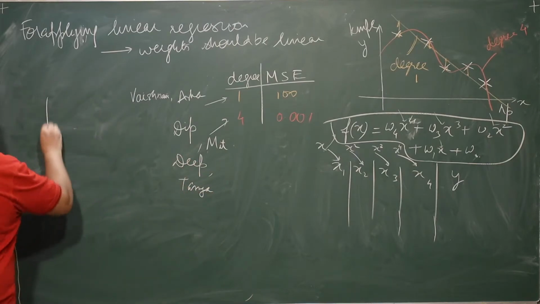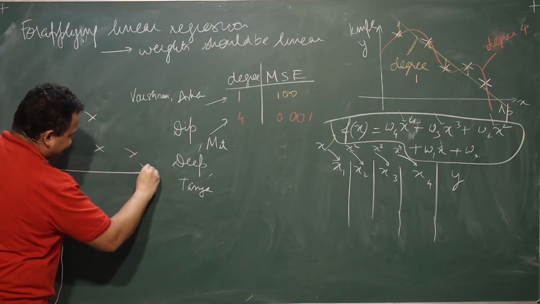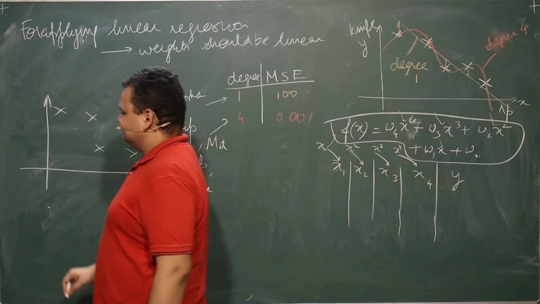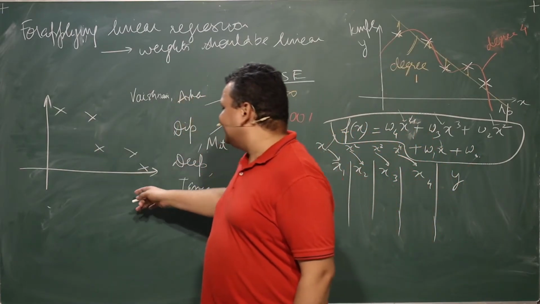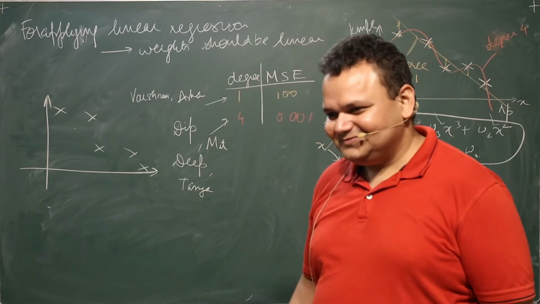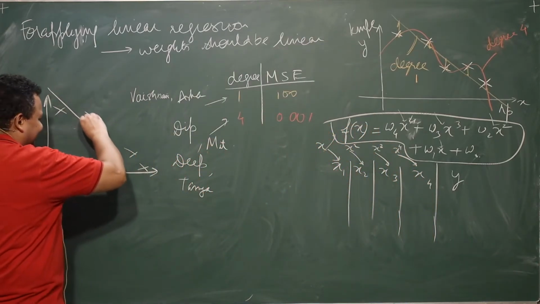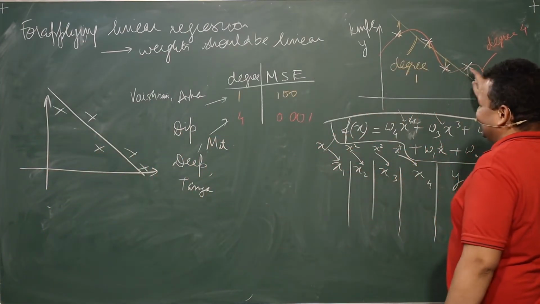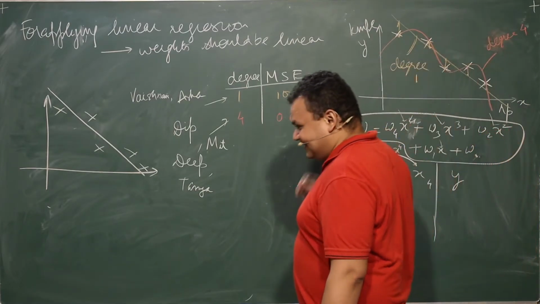Again, let me draw this again. This is how you have some kind of relationship. If you were to try to find a relationship between y and x, what kind of line would you draw, or what kind of curve would you draw? Linear straight line. Yeah. Okay. Most of the times, I don't think almost anybody would draw a line that looks like the pink line.